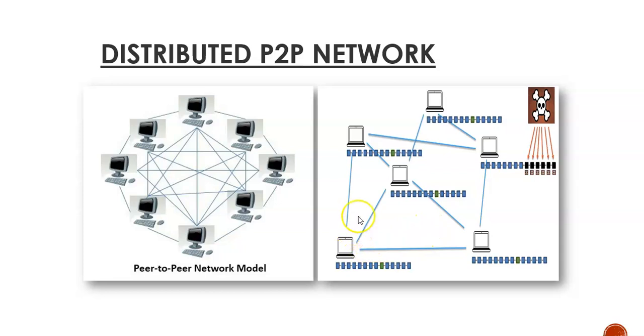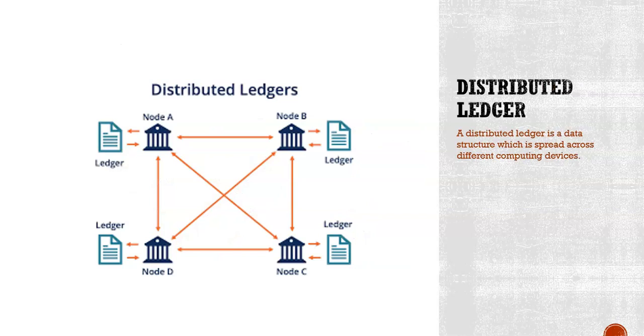So it will be highly impossible for a hacker to hack a distributed peer-to-peer network where you will have multiple copies of the data available. Blockchain is a distributed ledger. As we have discussed already, each node will be maintaining a ledger, or we can say the set of transactions which are stored in blocks, and all the nodes will have the same copy of the ledger in their own memory.